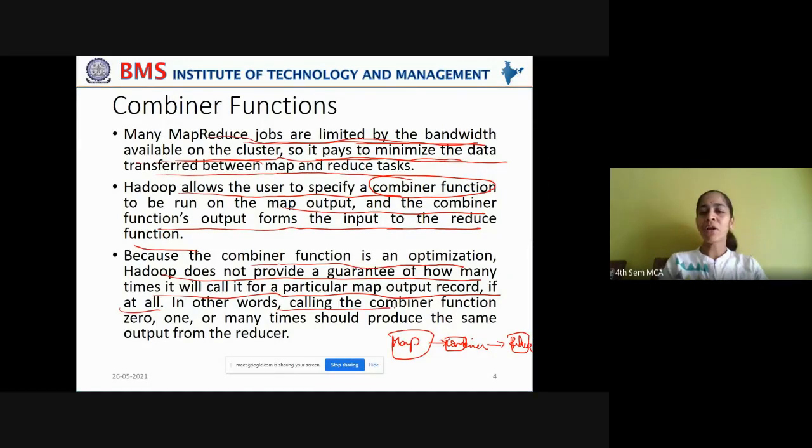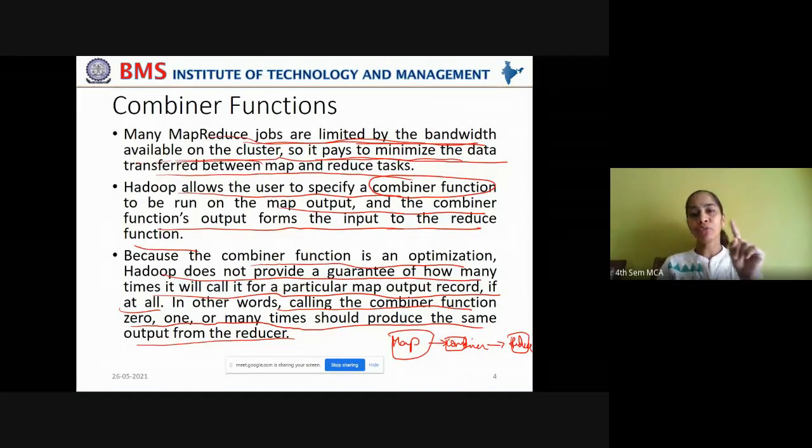In other words, calling the combiner function 0, 1 or many times should produce the same output from the reducer. So though this combiner is present as an intermediate stage between map phase and reducer phase, whether this combiner function is present or not, the reduce function should give the same result.